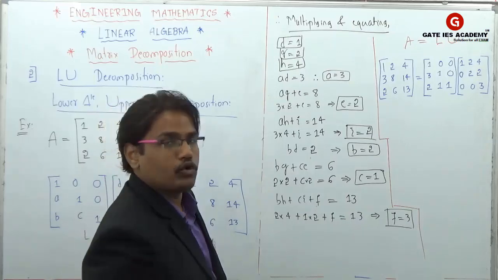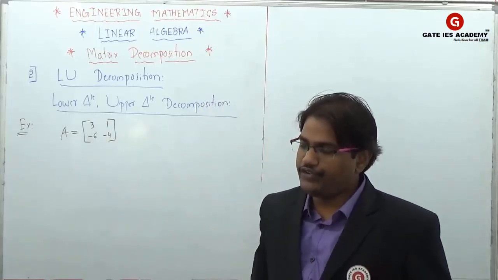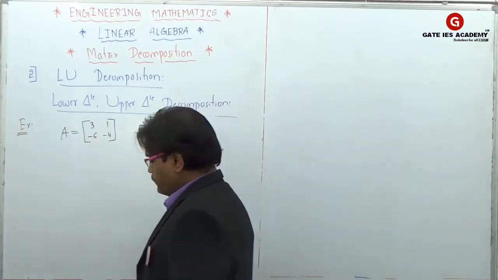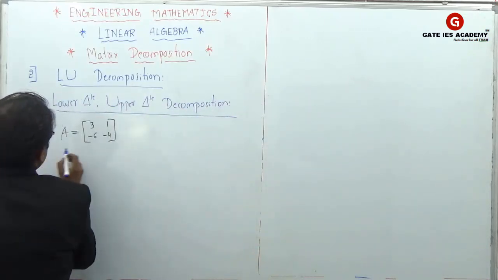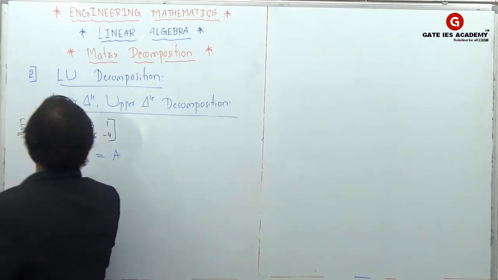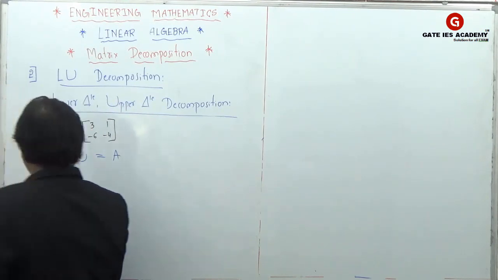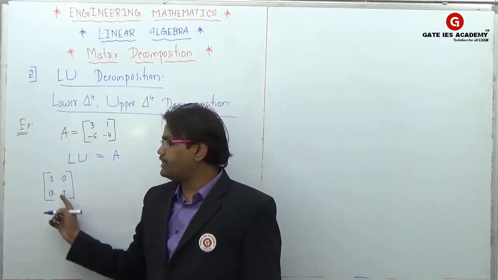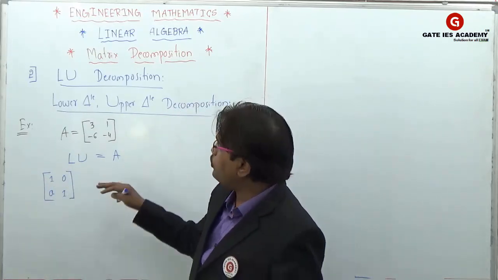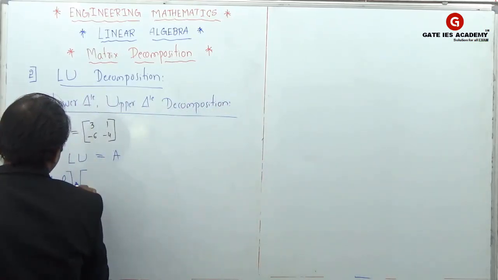So let us see one more problem. Now how to write this matrix 3, 1, minus 6, minus 4 in LU decomposition? So we know LU is equals to A, right? LU decomposition. Now what is the lower triangle? So this will be the lower triangle matrix. For the lower triangle matrix, take the diagonals as 1 and 1, and below the diagonal the unknown, above the diagonal as 0. L into U, upper triangle matrix.